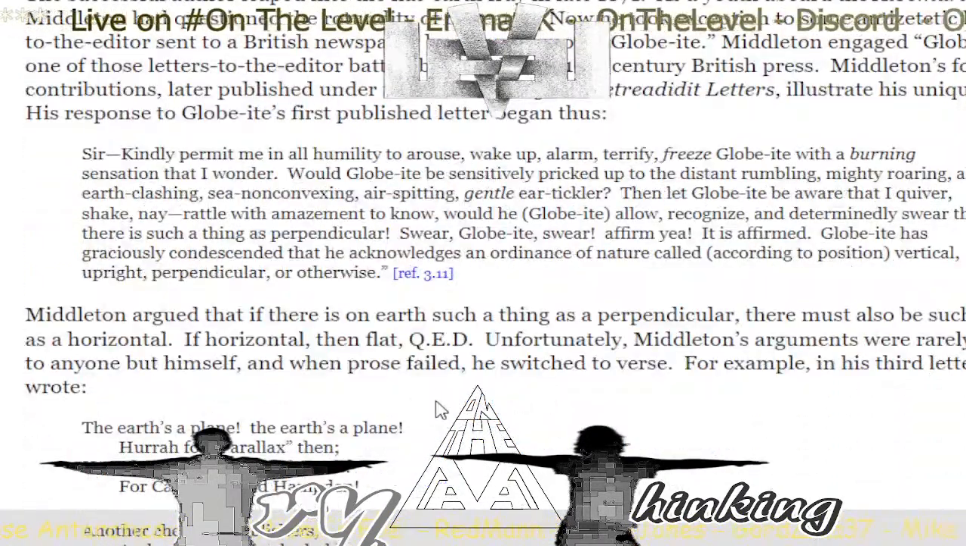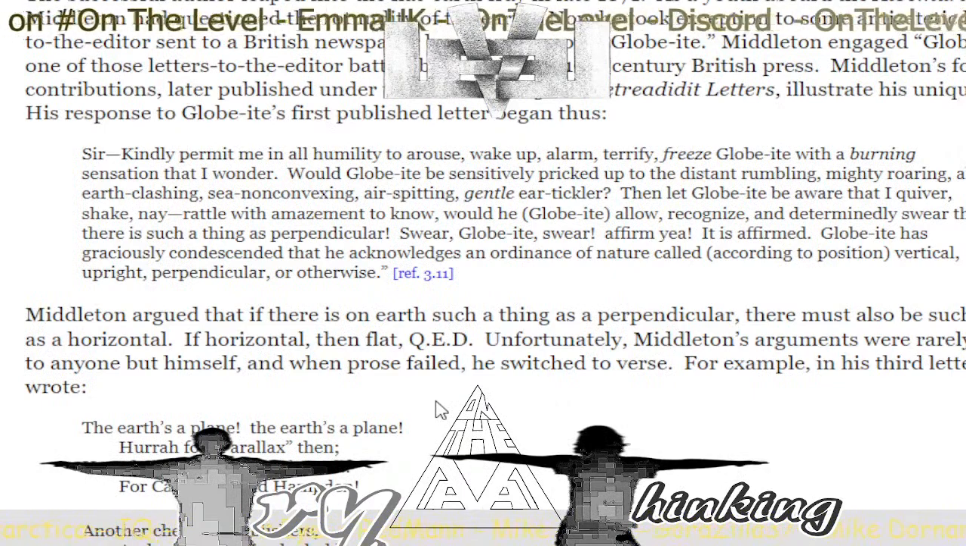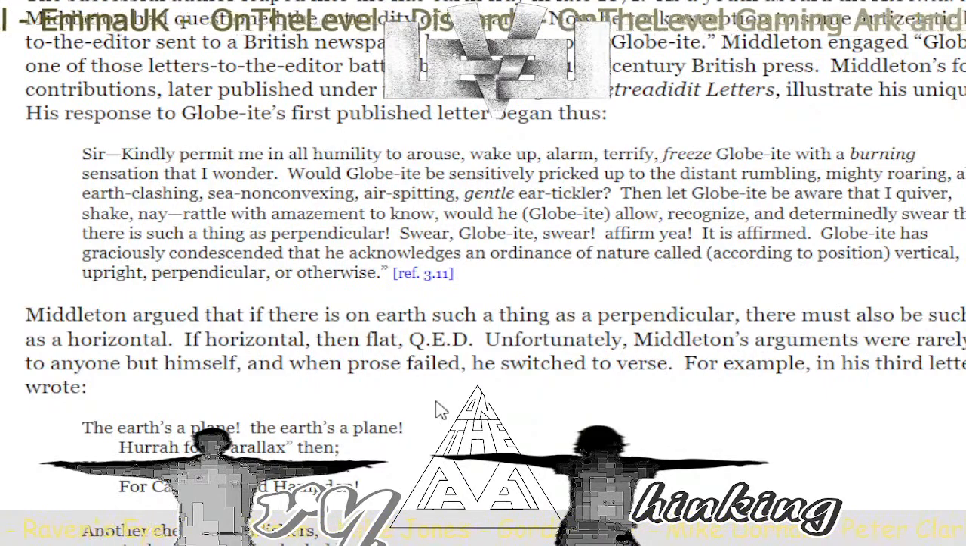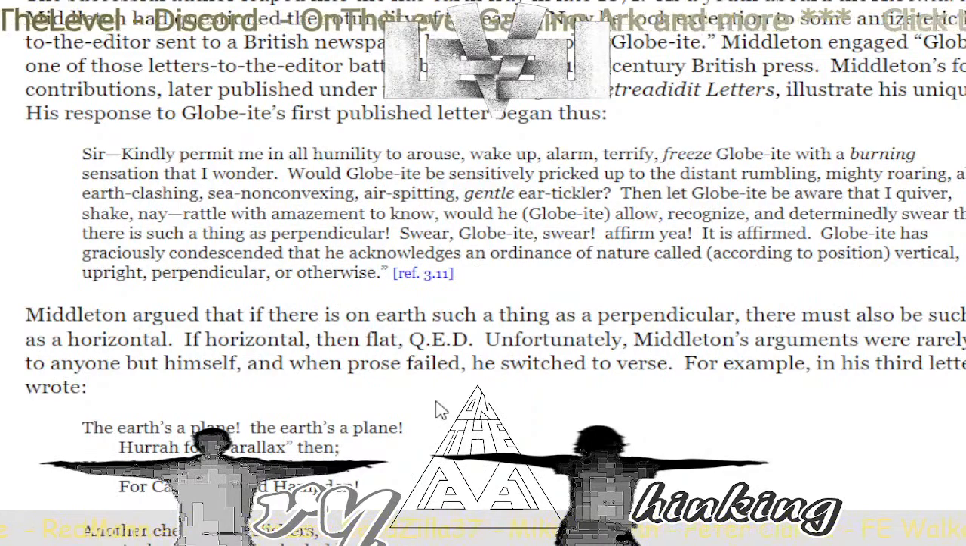Middleton argued that if there is on Earth such a thing as a perpendicular, there must also be a thing as horizontal. If horizontal, then flat, QED. Unfortunately, Middleton's arguments were rarely clear to anyone but himself. And when prose failed, he switched to verse. For example, in his third letter, he wrote,